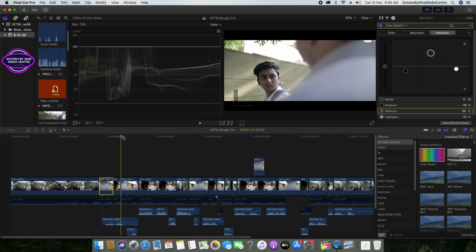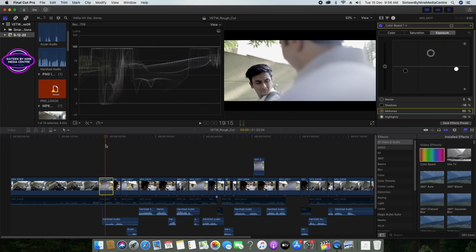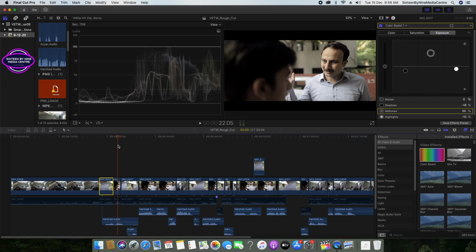Okay, so all these we will be coming to them. First we are taking different shots. Now let us come to this shot again. And again, we have this color board here. And see, first read this. So this region is the darker region, and here we have pretty balanced highlight, midtone, and shadows over here.